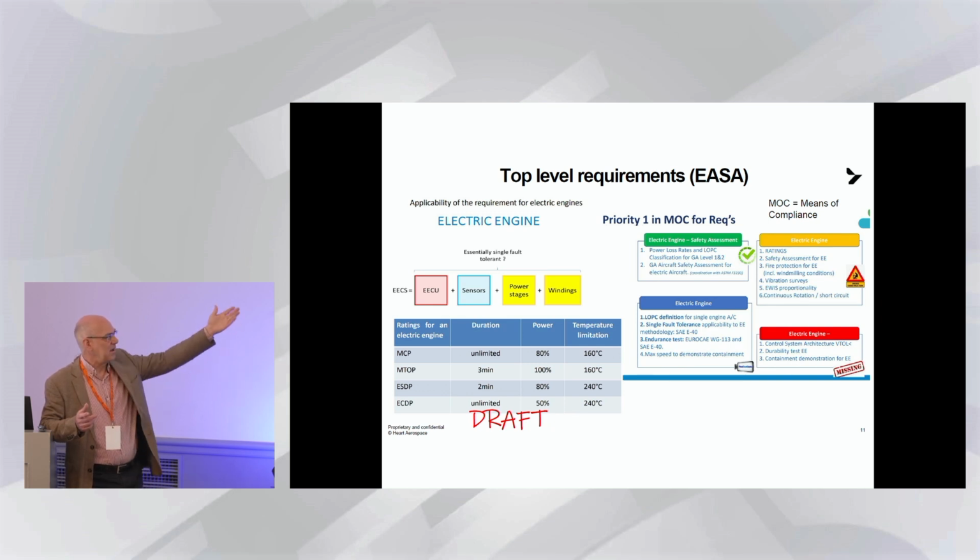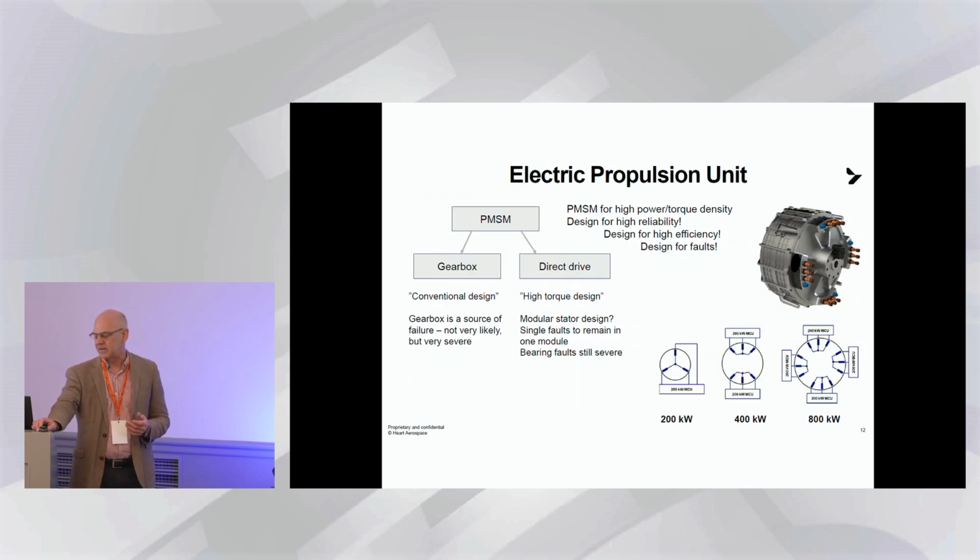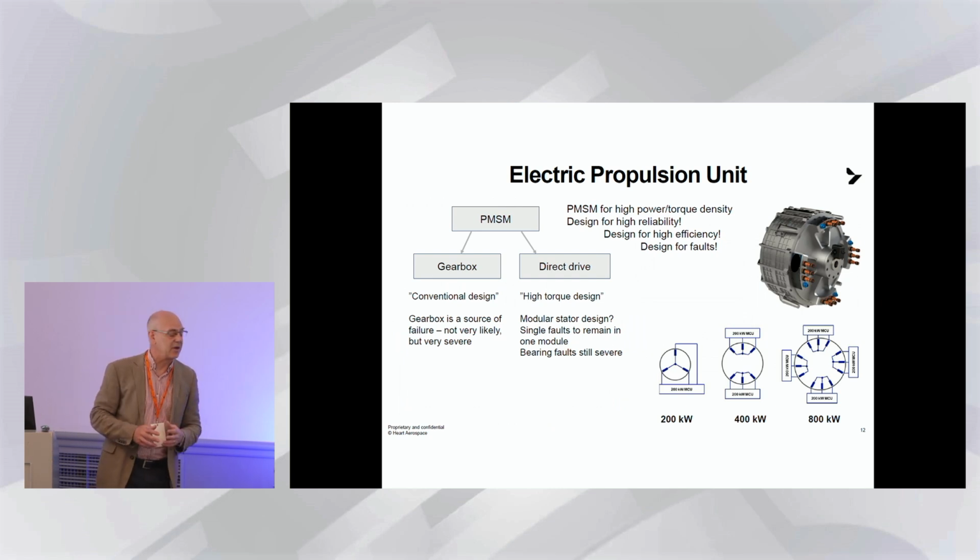And the E in the next two lines is emergency. So emergency short duration and emergency continuous duration. And that's what is kind of crucial for the design of the propulsion system. It's still draft, but so you understand the thinking here. During 2 minutes, in any single fault condition, we should be able to deliver 80% power. And continuously, maybe 50%. So that dictates a bit about how we develop